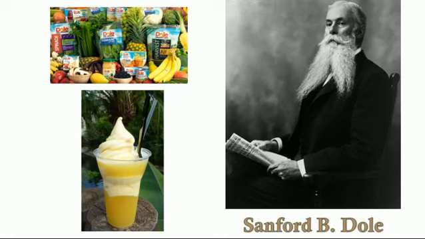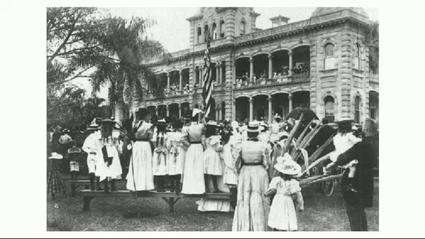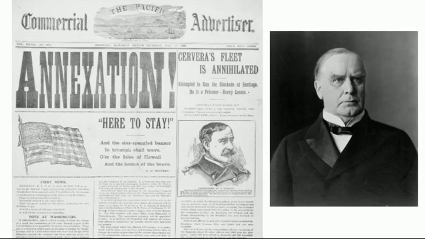If you've ever had a Dole Whip, you can thank the guy that helped the takeover of Hawaii for that Dole Whip, because his last name was Dole. And basically what happened is he puts the money in, overtakes the government, which ends up having the American way, becomes the first governor, and it is what is called annexed. Now, if you will put next to Hawaii the word annexed. Do you guys remember we talked about annexation before? Does anybody remember what it means when we annex something? We take land that's not ours, without asking. Yeah, exactly. So basically we say, you are now American. And if you disagree, well, we're going to come and fight you for it. So we annex Hawaii, and now Hawaii becomes eventually a state, but not at this time, mostly due to racism.